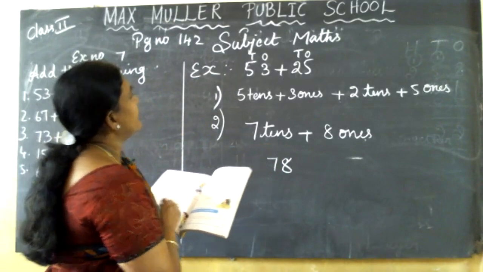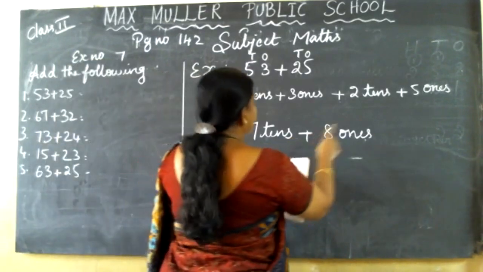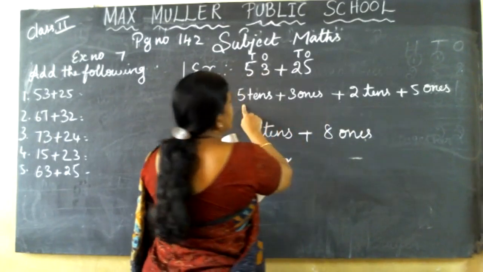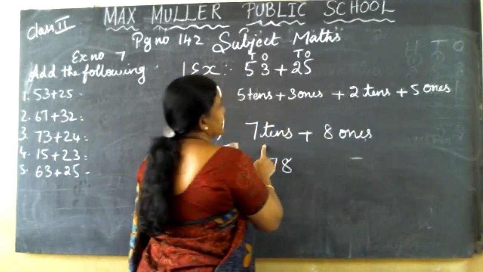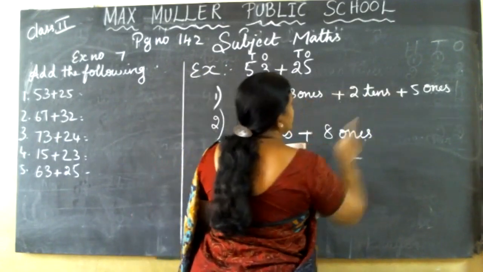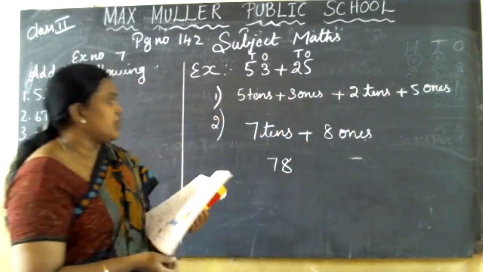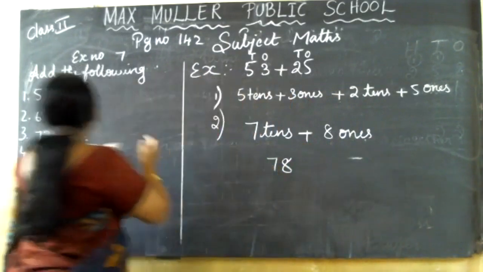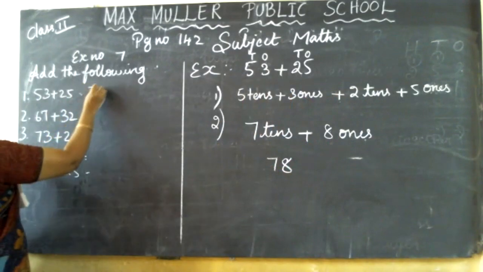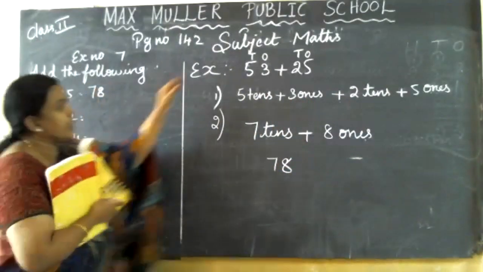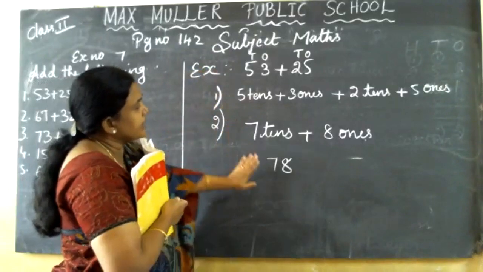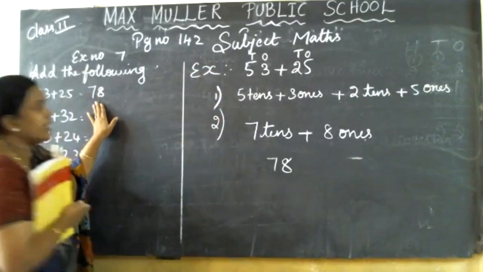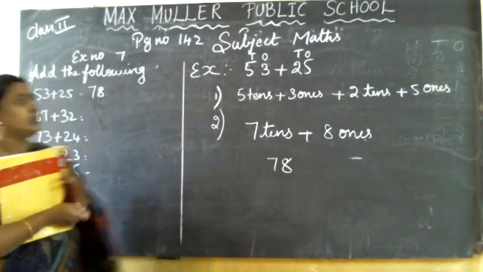2 plus 5, 6, 7. Okay. 5 tens plus 2 tens, 7 tens. 3 plus 5, 8 ones. 7 tens and 8 ones, 78, no children? So answer is 53 plus 25, 78. If you do addition fast like that, the long method, you can't write this method in the textbook. Only the answer you want to write. This you want to write in the rough note.